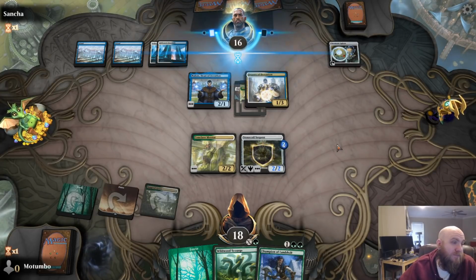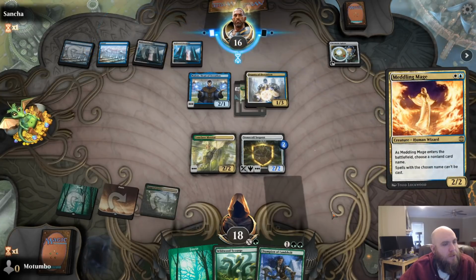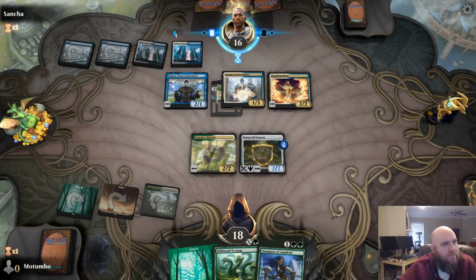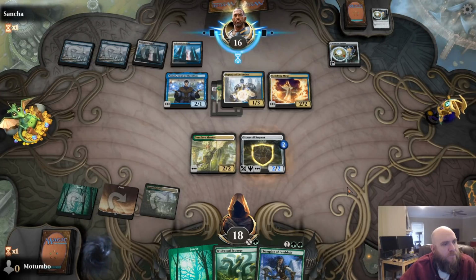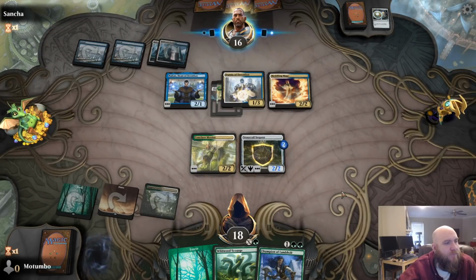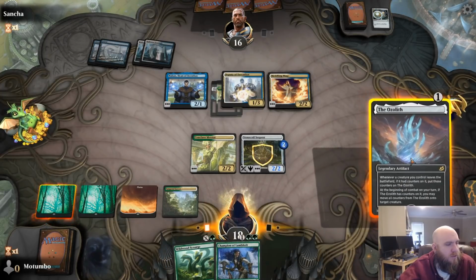So if they have something like a Baron, Meddling Mage, I'm curious. Okay. Yep, got a name Stone Coil. You have another one? No. Would have been good there to get in with Naban. So...